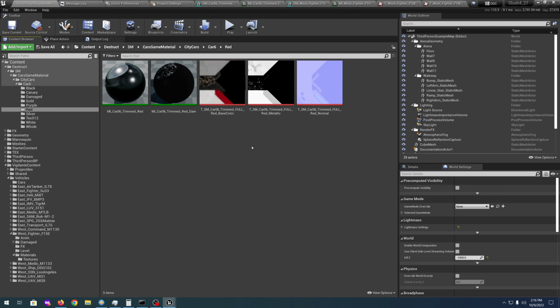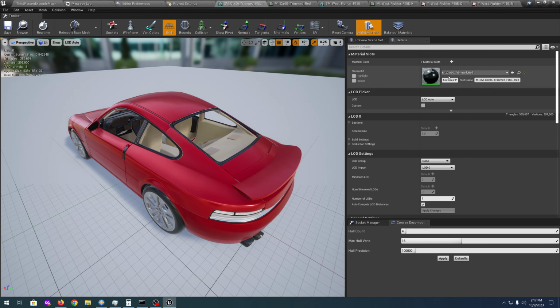Oh, another reason, sorry, I should actually point this out. The other reason I want to get this down to one material, and the other reason this is kind of really weirdly compromised, is because the original car had that gigantic texture that it probably pulled all of the various textures from, or maybe it did have several other textures, but either way, it had like 35 to 45 material slots. And when you're talking performance, that's another massive hit,